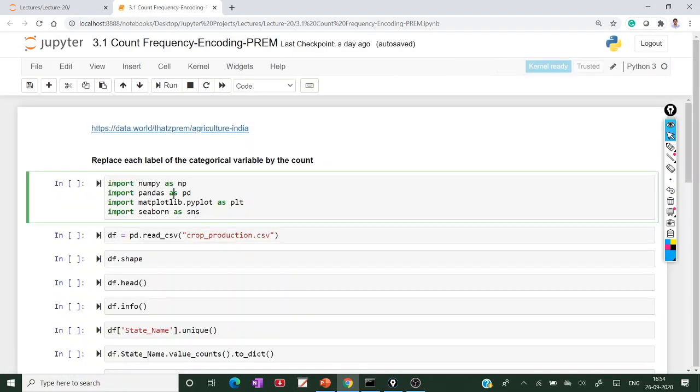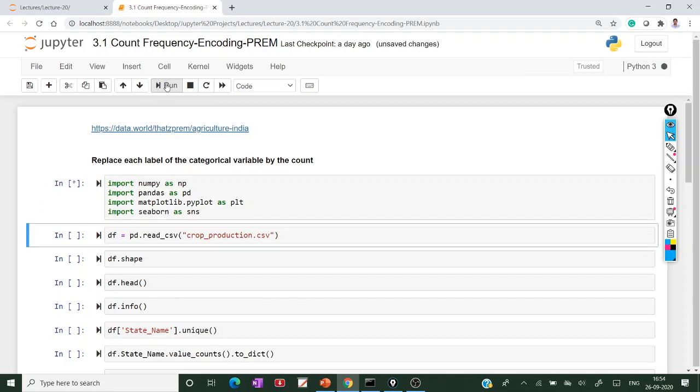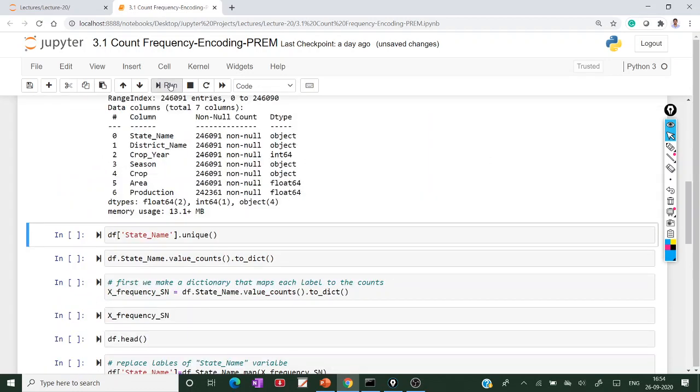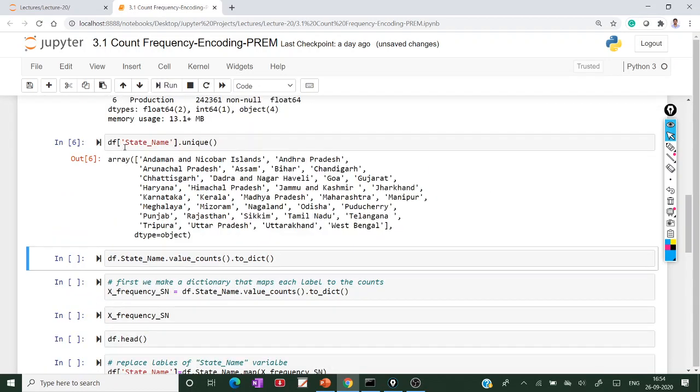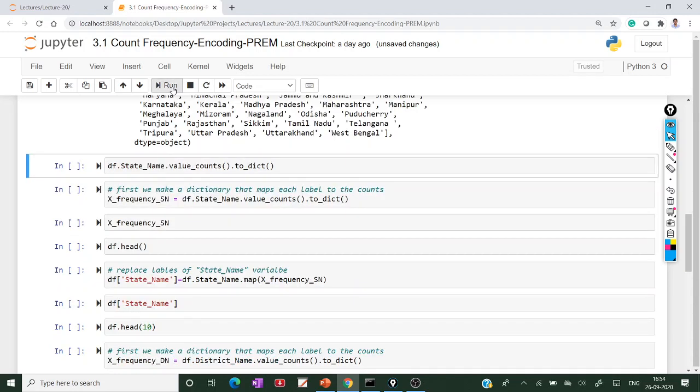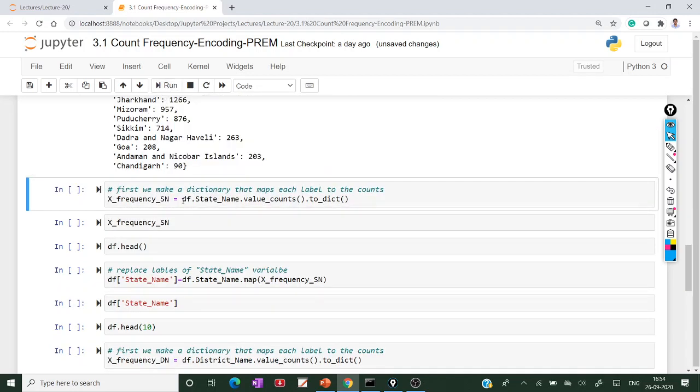This is the example. Here also I am taking the same example, crop production. Under the crop production, there are 2,46,091 observations, and under the state name, 33 unique labels.